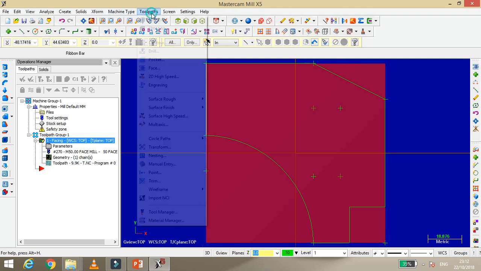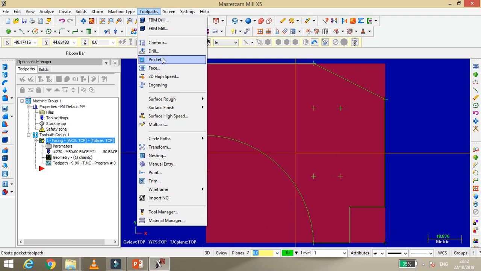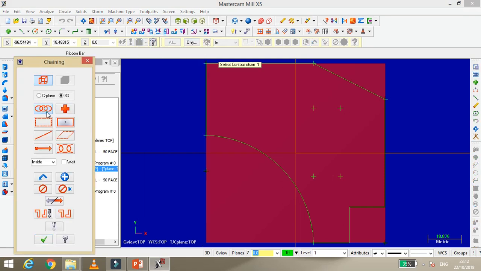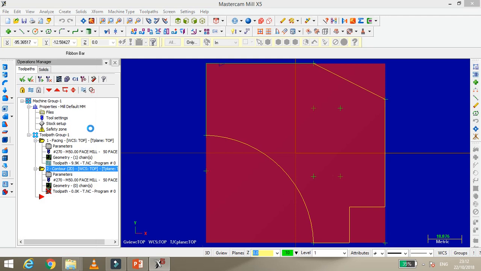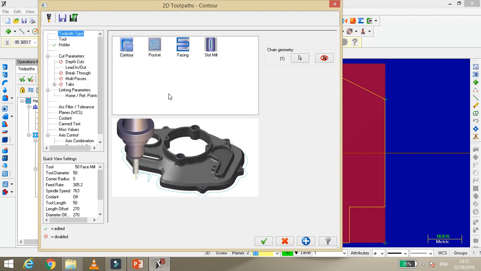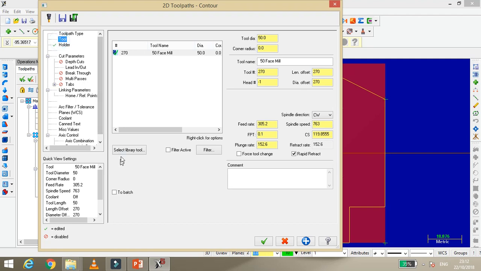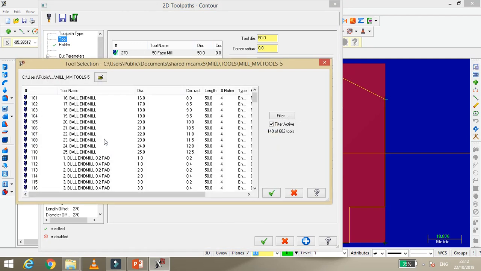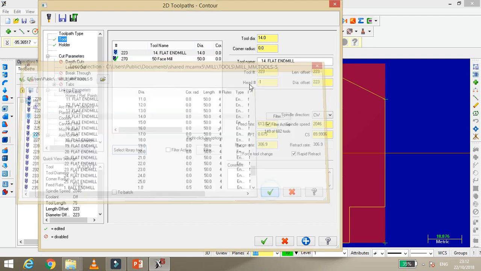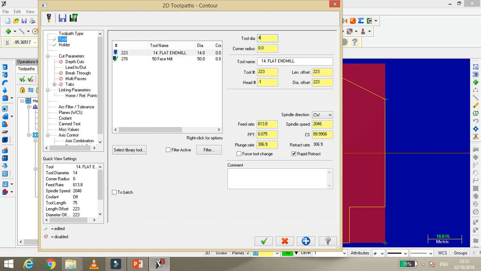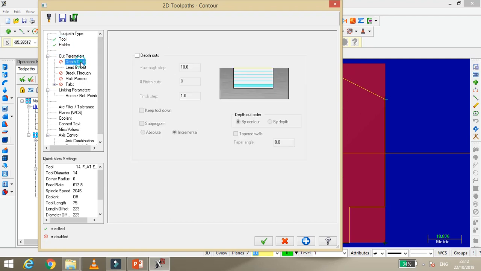So first go to toolpath, say contour, select the chain, and then in tool, select flat end. For contouring, you know a flat end mill is used. For rough contour I take a 40 diameter. For rough you can take any, but for finishing you need a very small diameter, since it's a finishing operation and not a material removing operation.